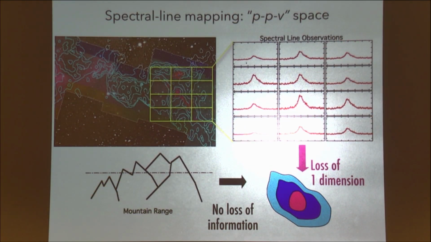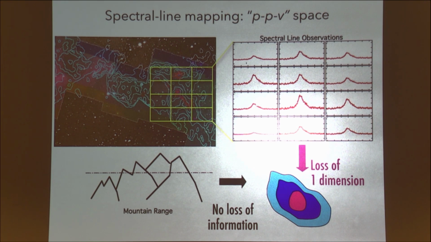OK, so to explain the techniques a little bit more, here's just a cartoon of a little section of the Perseus molecular cloud, the one you saw in 3D a minute ago. And this is very much not to scale. There would be thousands and thousands of spectra in a spectral line map like this, OK? But what happens is you take a radio telescope and either use an array or use interferometry or you point your telescope a lot of times.